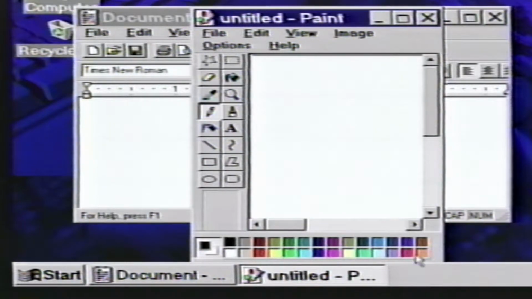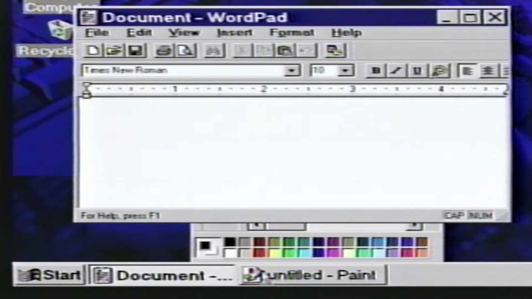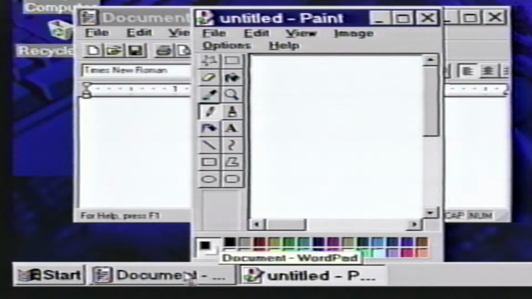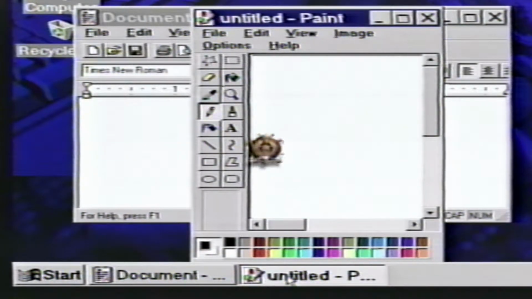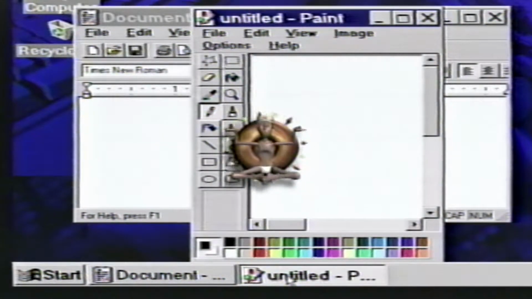And we can see a button for each one in the taskbar, just as we saw a button for the My Computer window when we had it open earlier. To switch between working in WordPad and working in Paint, all we have to do is click on the corresponding button in the taskbar. By the way, this is known as task switching or multitasking. Yes, multitasking. A computer term for saying, not only do I know computers, but I can do several things